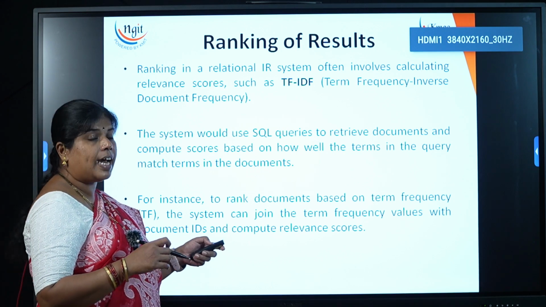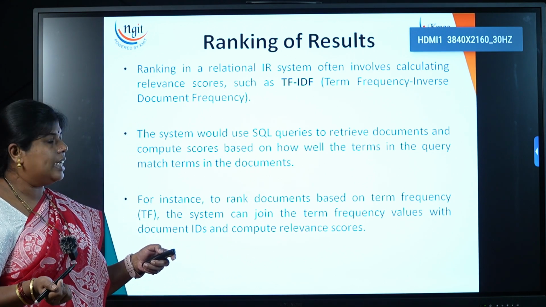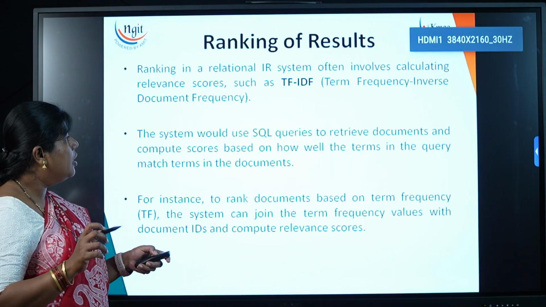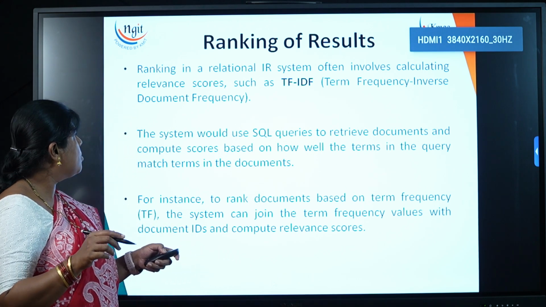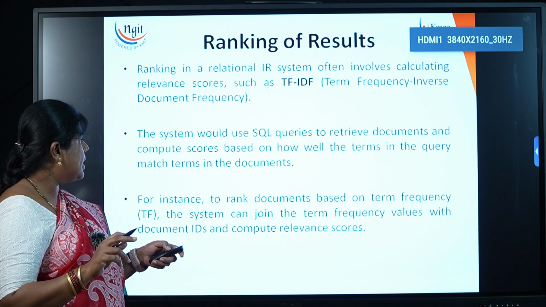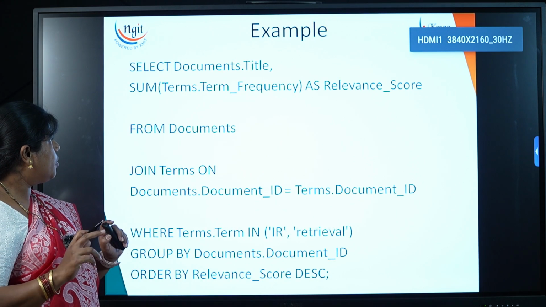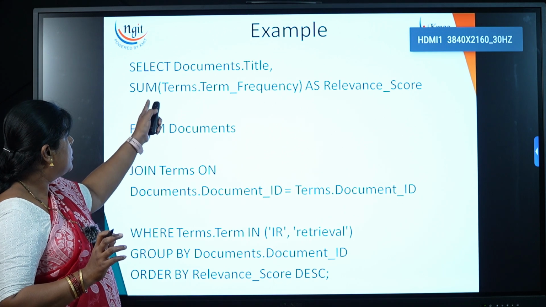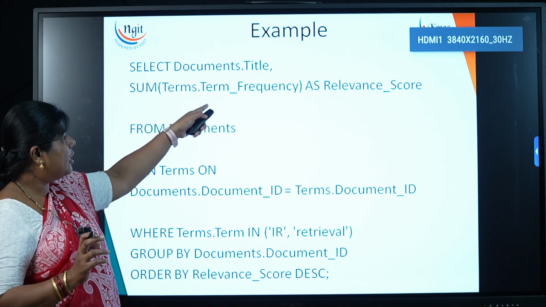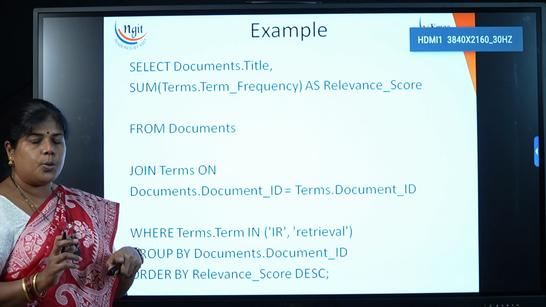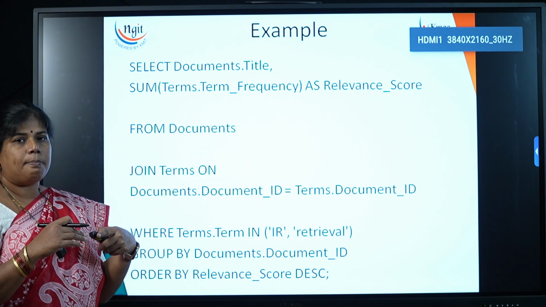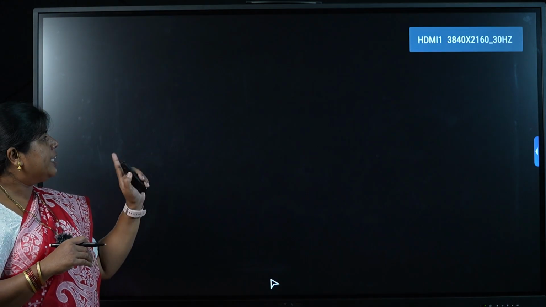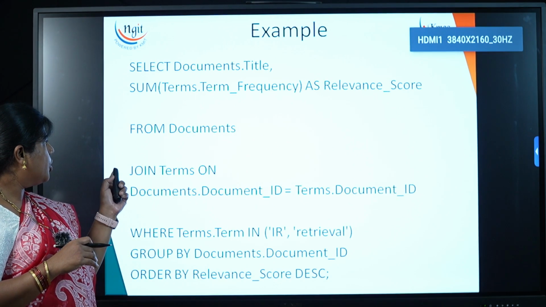Now how can you rank your results, how can you find out the relevance? Now the best solution to find out the relevance is what? The frequency. So here the term frequency or inverse document frequency you can use as a relevance score. Now how will your query be modified? Select document.title, sum of terms.term frequency as relevance score. Whatever is the sum of all the frequencies, that I will take as a relevance score, from documents,